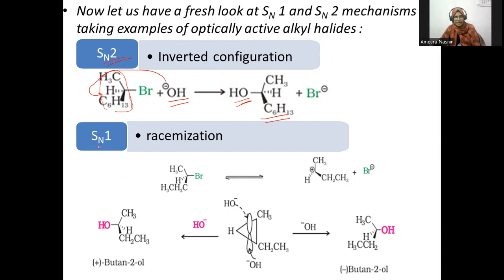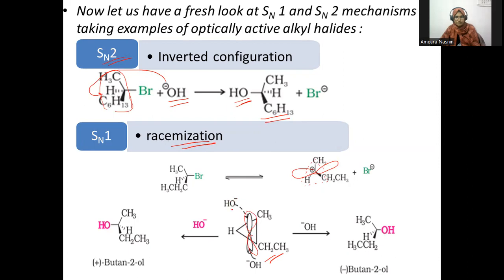And in the case of SN1, there is racemization happening. How is it? How does it proceed to give a racemic mixture in the product? Let's see. So in the first step, a carbocation is formed, and this carbocation is a planar structure. This carbocation has a planar structure, and there is a vacant p orbital here. Here we can see there is a vacant p orbital,